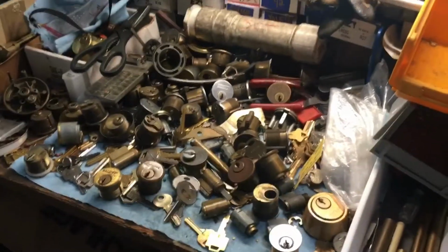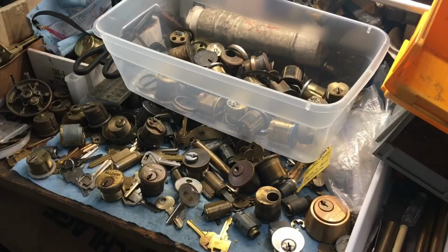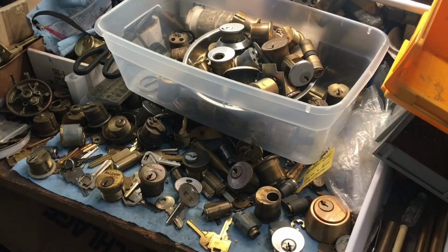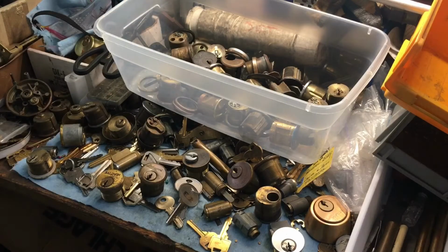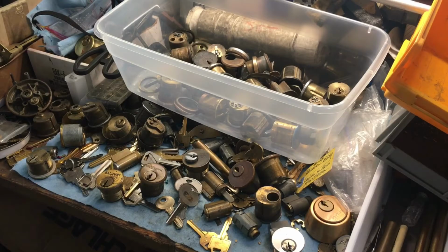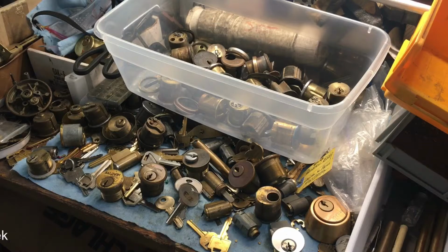I am having a mortise cylinder crisis because I've got too many of them, and they need to be separated into their respective brands. And my beautiful wife got me some plastic bins the other day, these shoebox bins that I use around the shop because you can see through them. And I've got 7 left, so I'm going to make 7 different boxes of cylinders